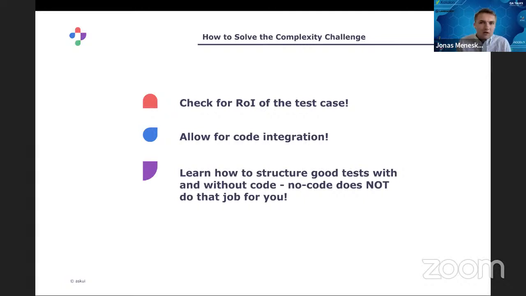You should understand the underlying technology, because the no-code automation tools do not do the job for you. And I can't stress this enough. A tool is only a thing which shall help you in your daily life, but it will never take the job out of your hands of creating good and well-structured test automation suites.